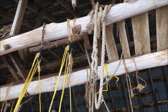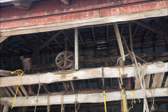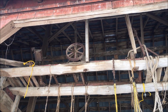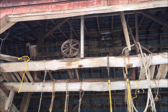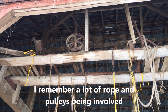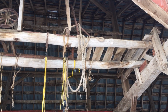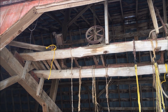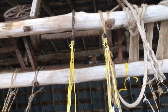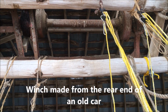My grandfather had made, I don't know if I can get a good shot of it or not, that thing there, there's a homemade winch up on there. I remember there was, oh man, a couple hundred feet of large diameter hay rope. Well, actually, right there is a small remnant of it. But there was an electric motor up there, and that winch, the rope wrapped around that thing right there and winched